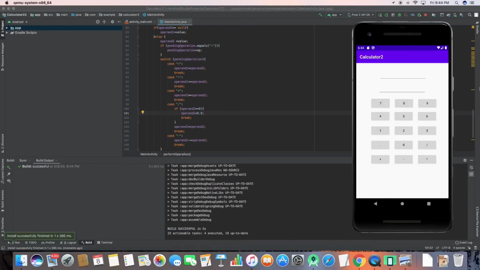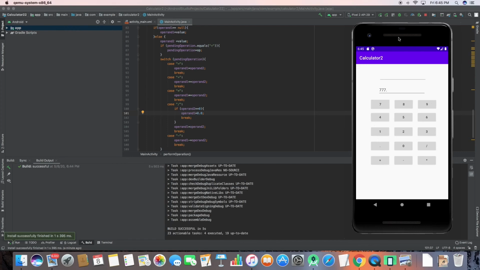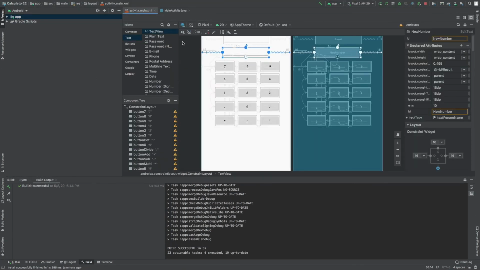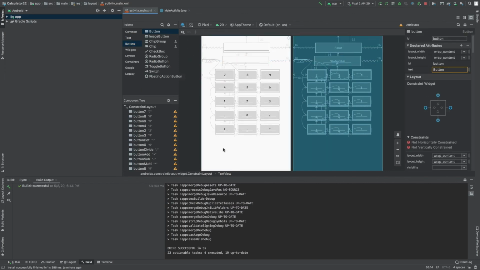So if I now run the app, you can see the app is looking okay, like it's not moving up to the left side because I added a left constraint of 7 to the boundary of that app. So if I now press the buttons, it works. So this app has some bugs, like if I press dot many times.